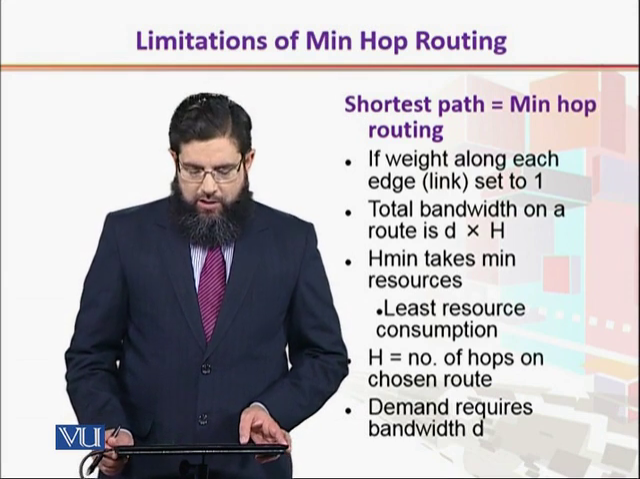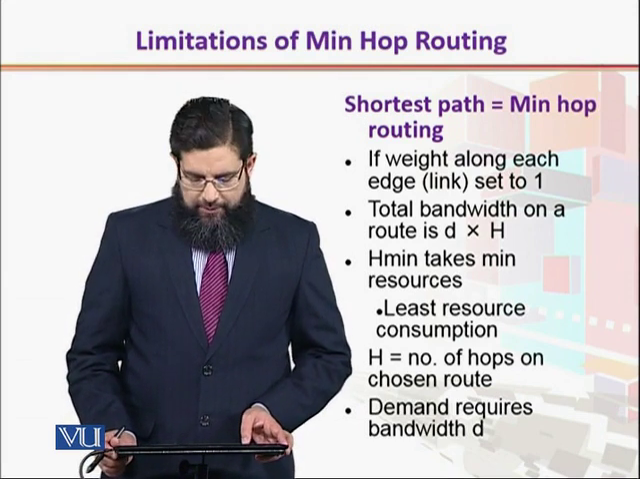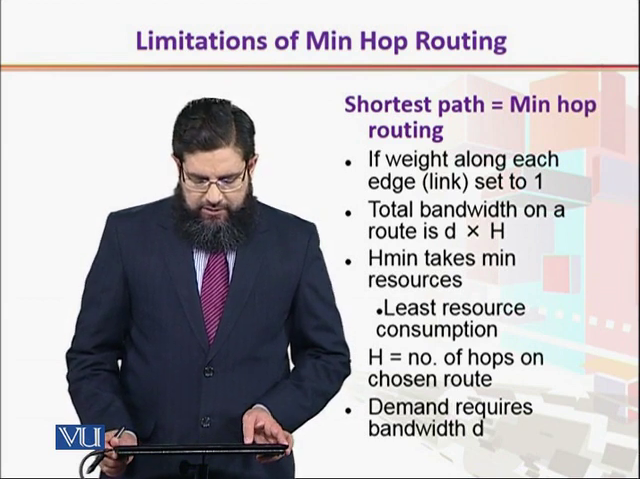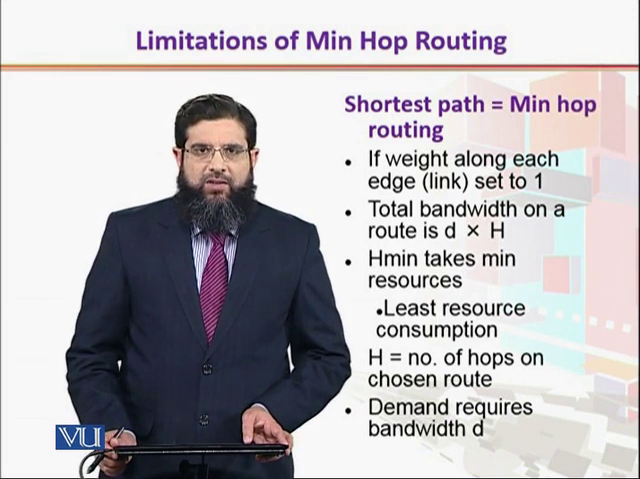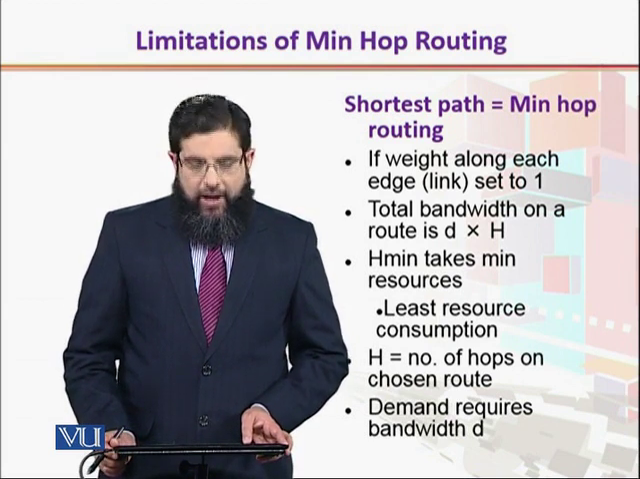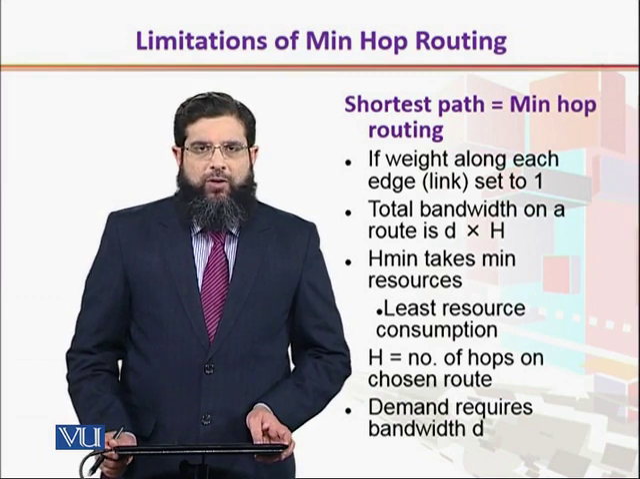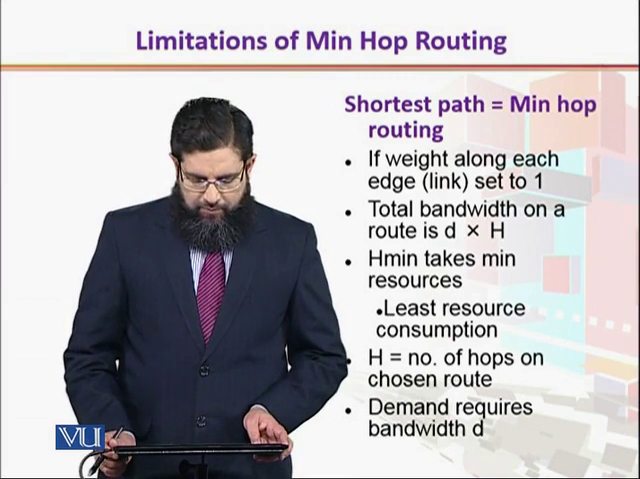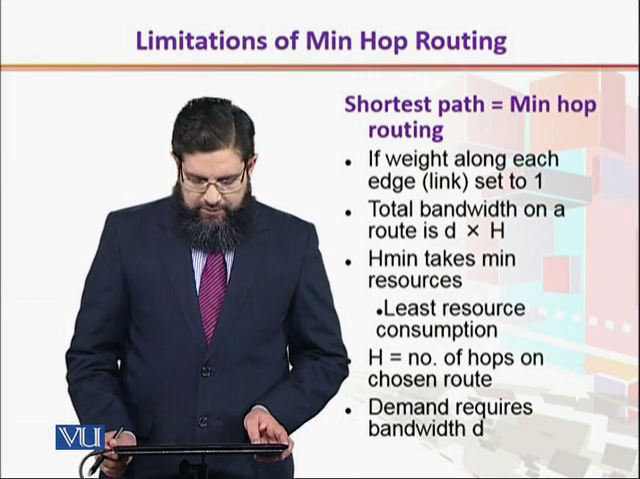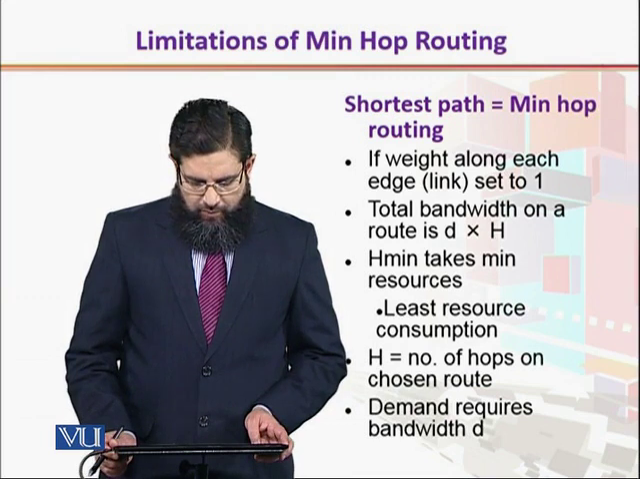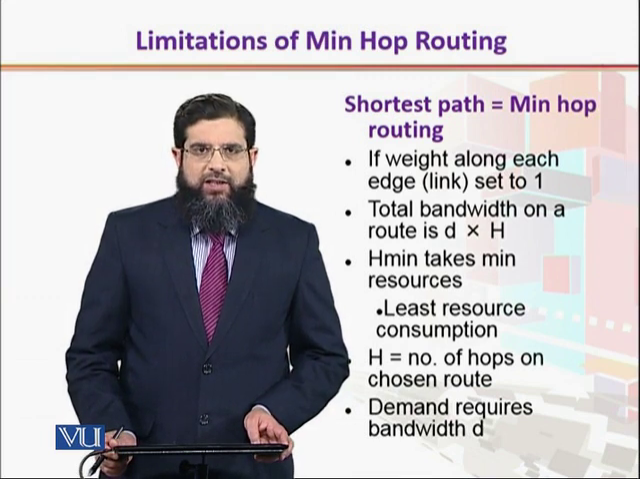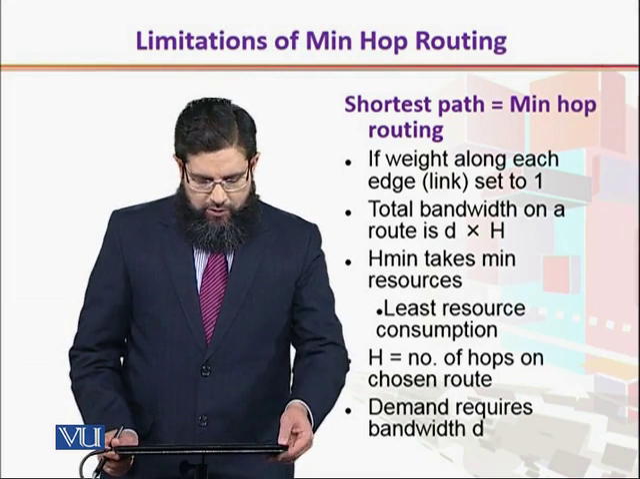Of course, minimum hop routing comes with some inherent advantages. That is, if the total bandwidth on a route is d times h, and if we are able to find the shortest path minimum hop count path as h min, it takes the minimum resources. The resource consumption for this routing activity is the least. But that's the obvious advantage at the cost of